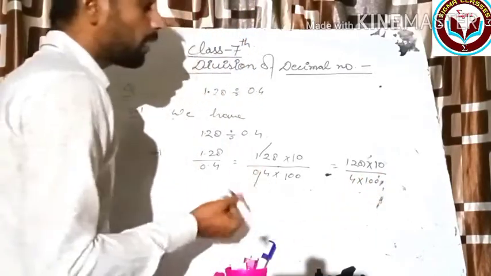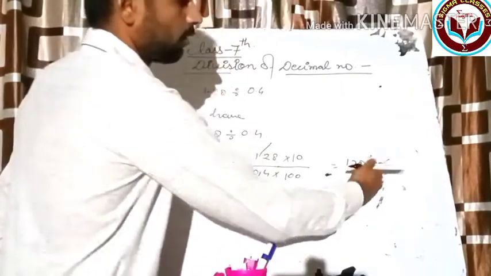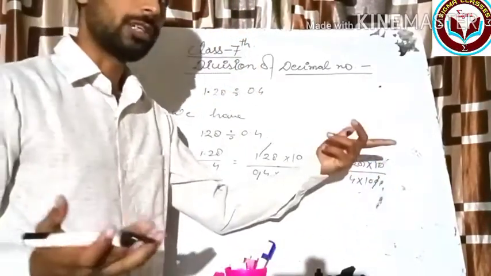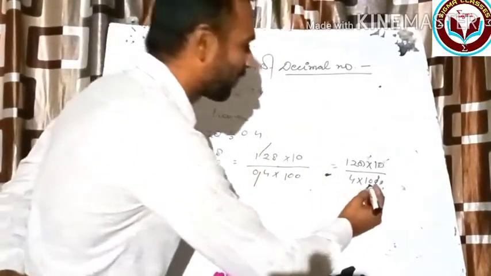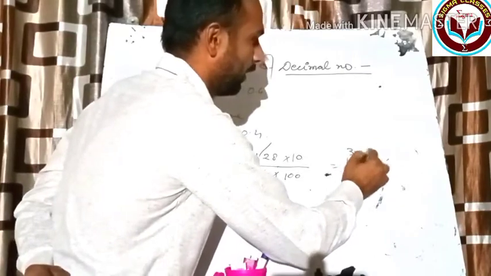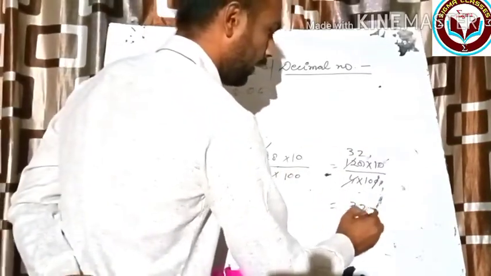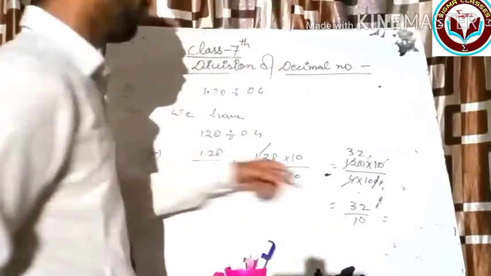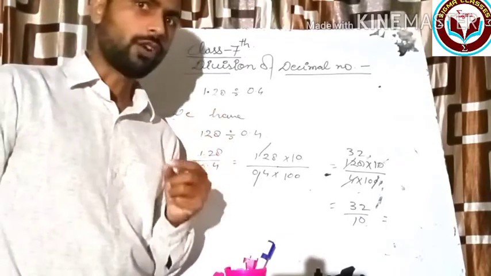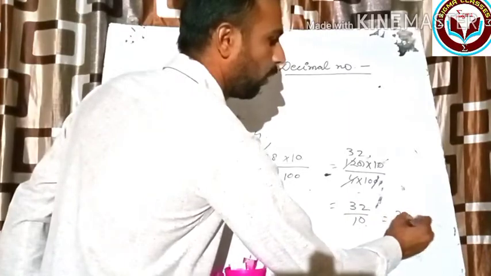Okay, now we can convert this one. Can this 0 cancel this 0, means 0 by 0 cancels. Okay, now 4 3s are 12, 4 2s are 8. Okay, so we got what? 32 divided by 10, and you know we have already learned this property, that is what? Division of a decimal number by a 10 or multiple of 10. So your answer is 3.2.